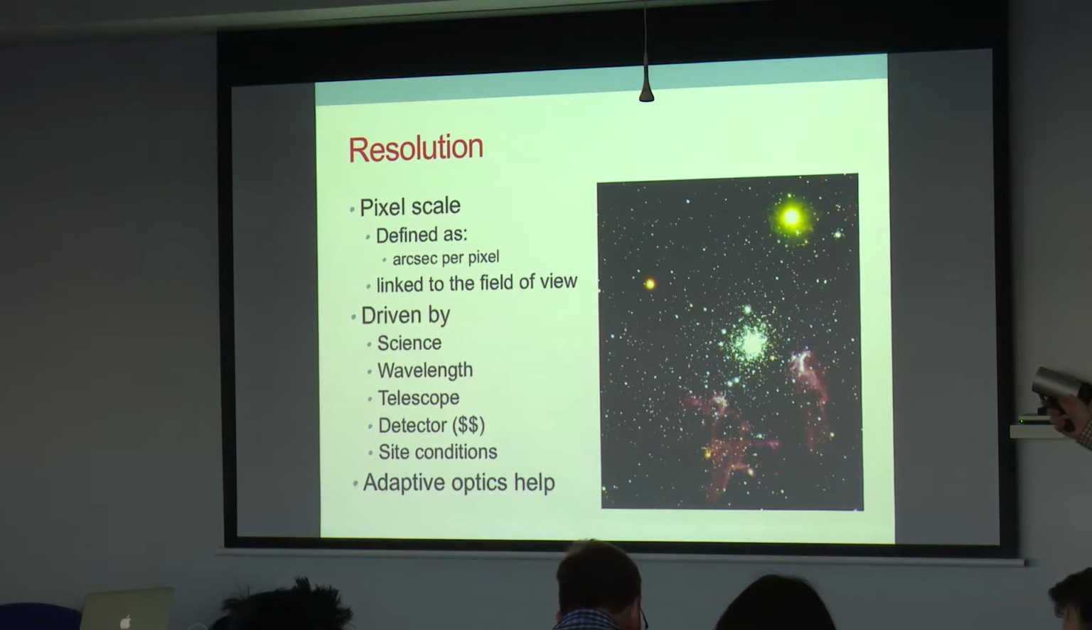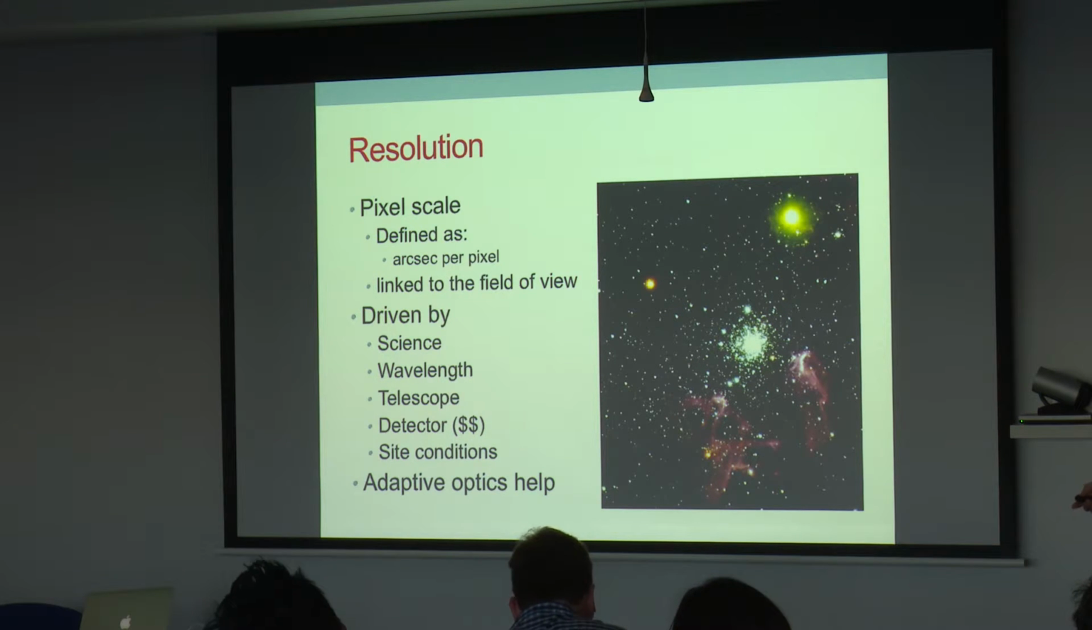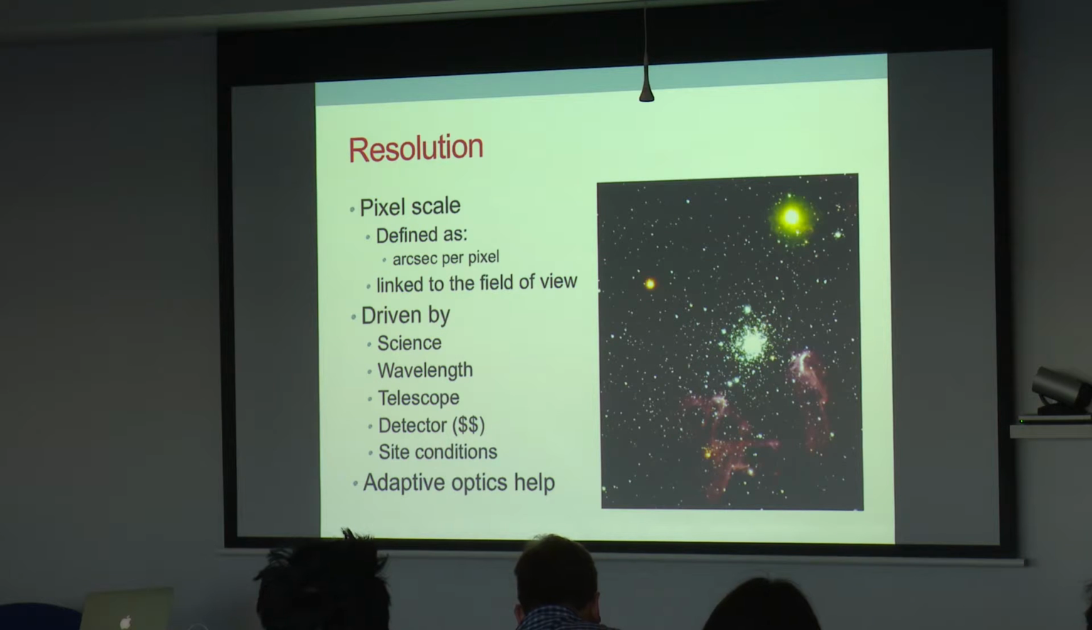So the key things to think about, the main parameter that you want to look up when you're looking at an instrument, is the pixel scale. It's simply the arc seconds per pixel, how much angular size is captured per pixel, and that sets the spatial resolution for the image that we're trying to do. It's linked to the field of view, and again, it's driven by a number of factors,